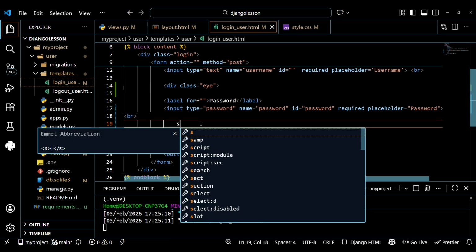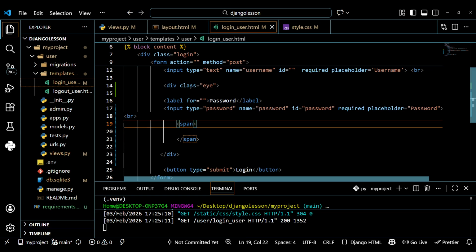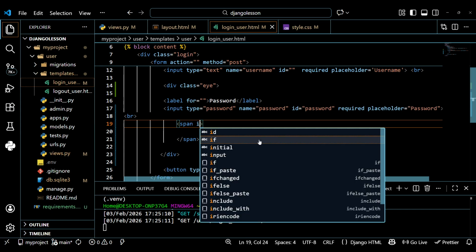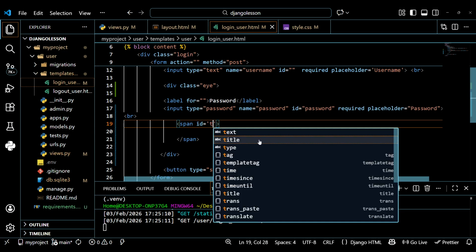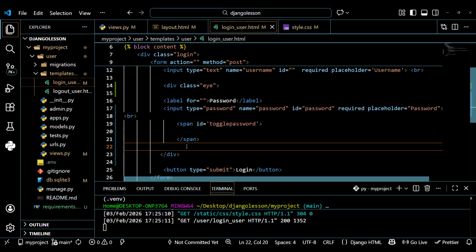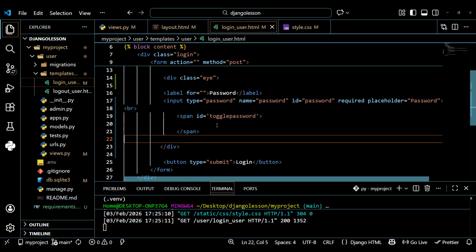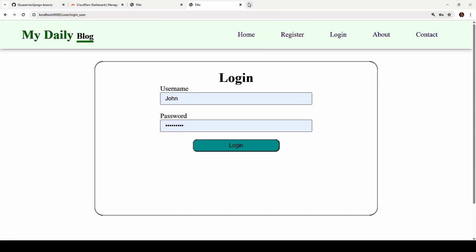And then here you also create a span. And then we'll give it a class, and then this one will be an ID, we'll name it toggle password. Toggle password, like that. So after that, there is something we will put here. So go back to your website, and then I want you to type